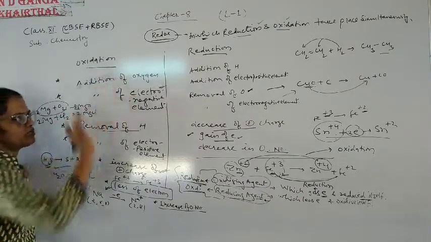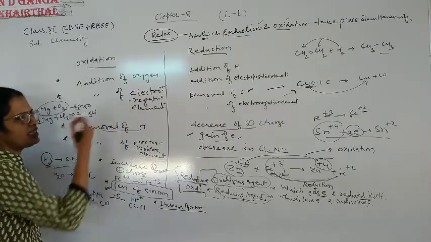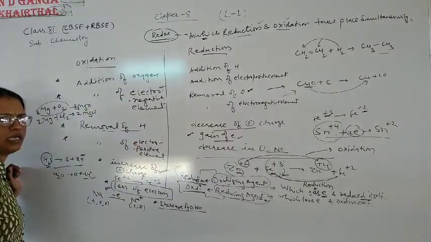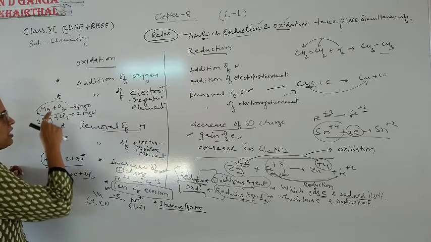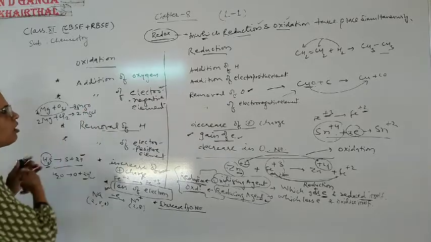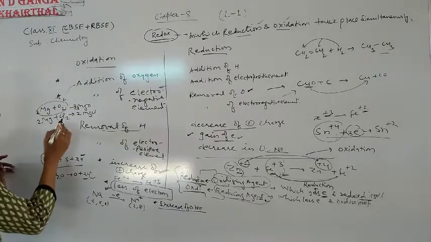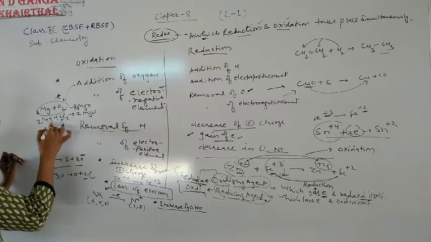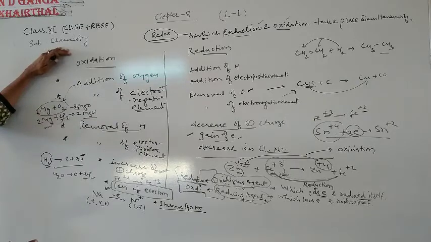Oxidation means addition of oxygen. Oxygen is an electronegative element, so in other words we can say addition of an electronegative element. Clear? So for example, if we add oxygen to magnesium, we will get magnesium oxide. So what is going on in this reaction? Addition of oxygen takes place. Okay, in another reaction we are adding chlorine, and chlorine is an electronegative element, so again it is oxidation. Clear?